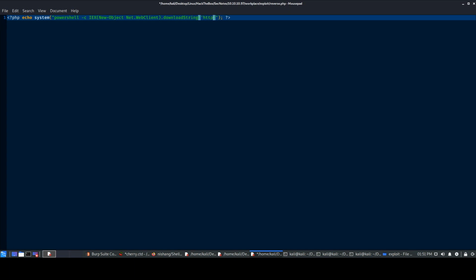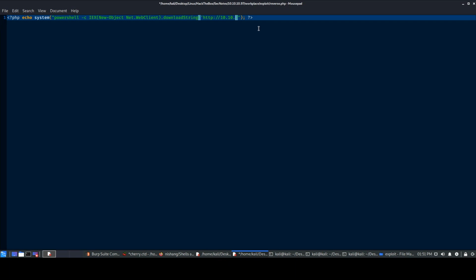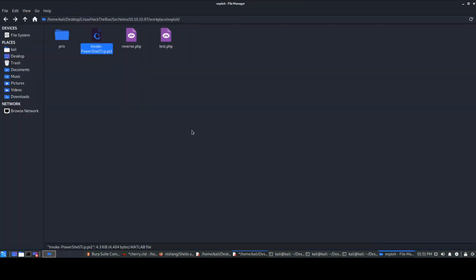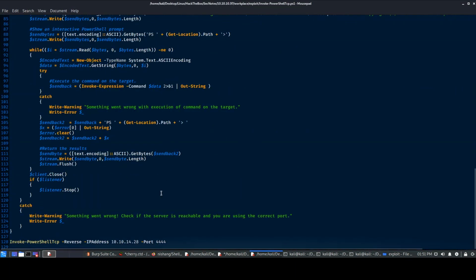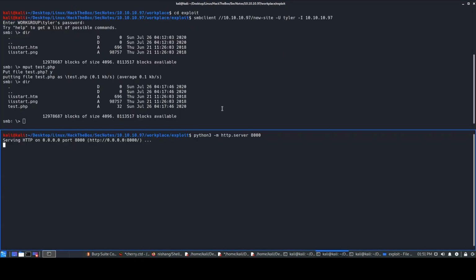So this is the command which I'm giving over here. It's like getting the file and storing it in the memory and executing it, because in the end we call for that function, right? We saw that invoke and we had written the reverse shell over here, this thing. Okay, so we do that, download string 10.10.14, which will give the attack machine's IP address, so that it calls for this file from this HTTP server which we are hosting over here, the Python HTTP server